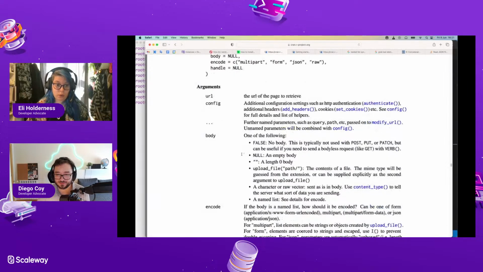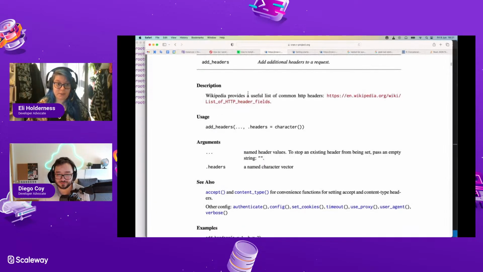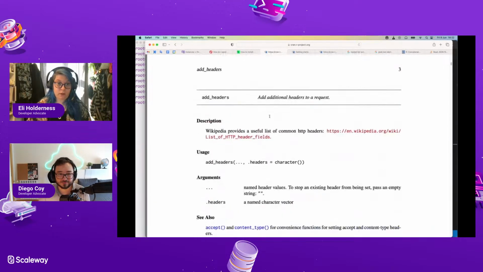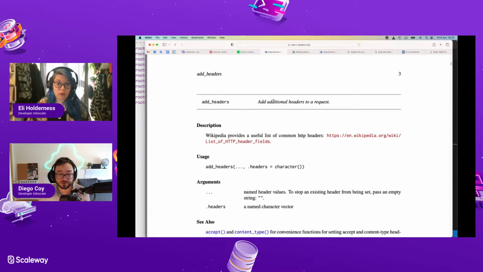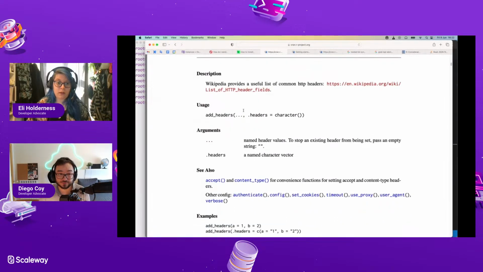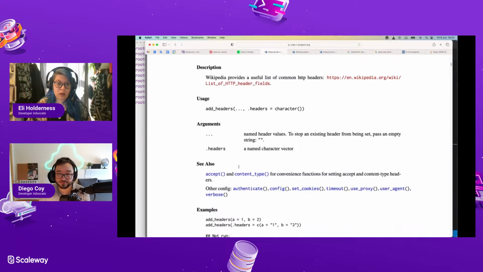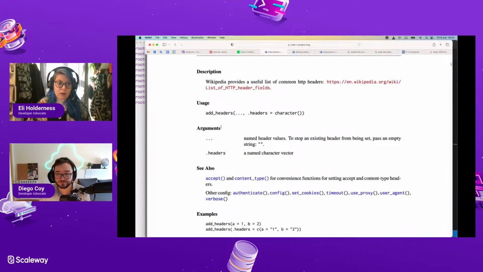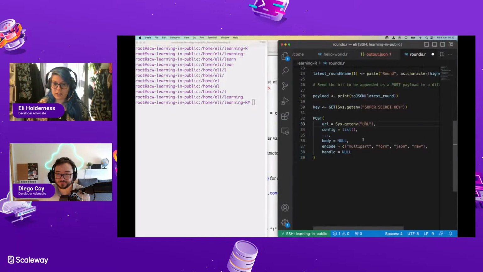Yes. So headers, add headers. You'll need to send a content type. Yeah. I want to see what the usage is. Is the config a list? Do I do add headers in here? I wonder.